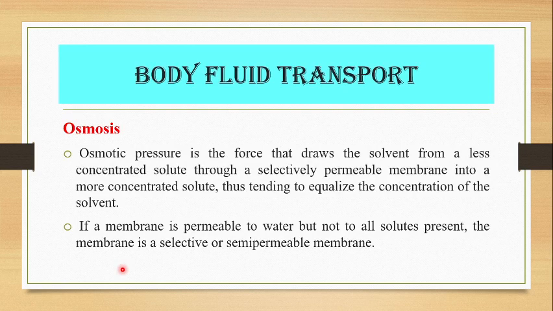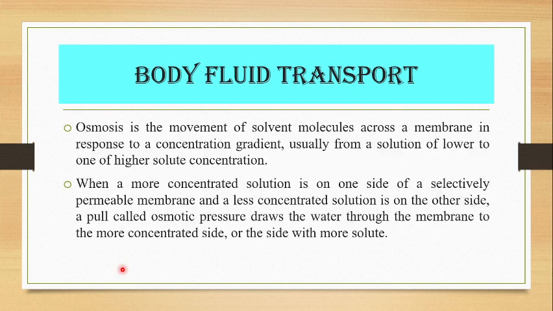The next one is osmosis. Osmosis is the movement of water between two compartments through a semi-permeable membrane, but not solute. Only water moves, from low solute concentration to high solute concentration. For this process, some pressure is created. That pressure is named osmotic pressure. This osmotic pressure will stop the movement from one compartment to another compartment. So osmosis occurs through the selectively semi-permeable membrane.